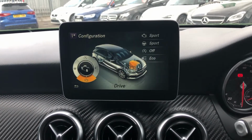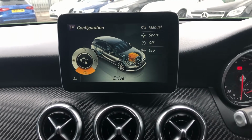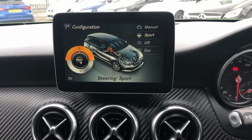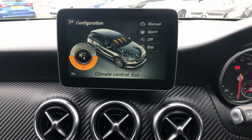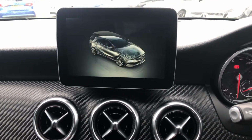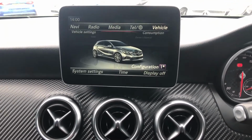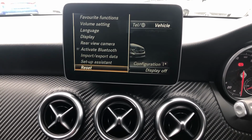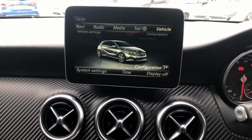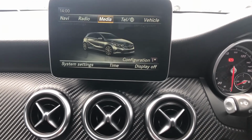Dynamic select, you can go on this and you can do your individual configuration, so you can change your driving mode to manual if you want, steering, sport, which is what I would have, eco, start, stop, off, and I would have the climate control on eco as well. That for me is set up perfectly for optimum performance. And if you scroll down you can go on system settings and change any of these options as well. A really fully customizable option menu, quite in depth, but one that's really rewarding when you set it up exactly